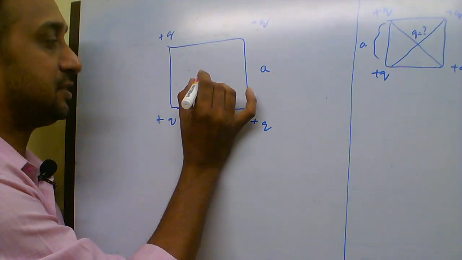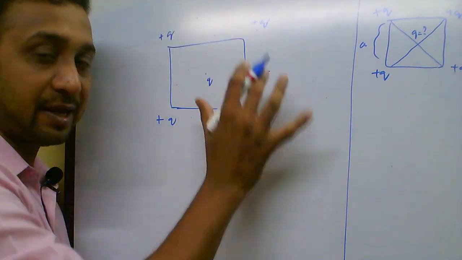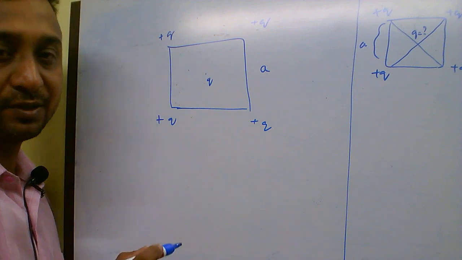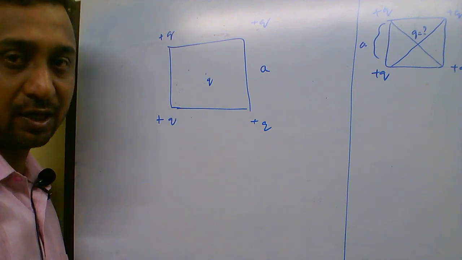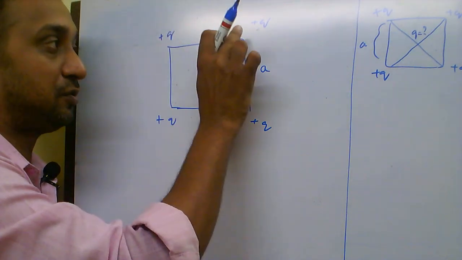What should be the charge which should be kept at the center, so that this still remains like a square? So should you keep a positive charge, or should you keep a negative charge? What should be the magnitude of that charge? That's the question. What is the charge to be kept at the center, so that all the four charges remain